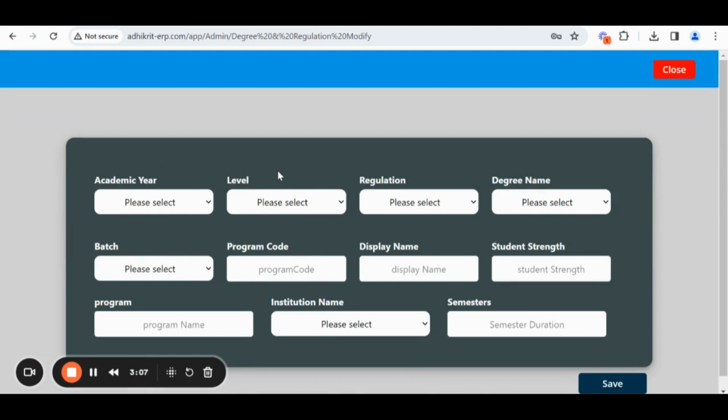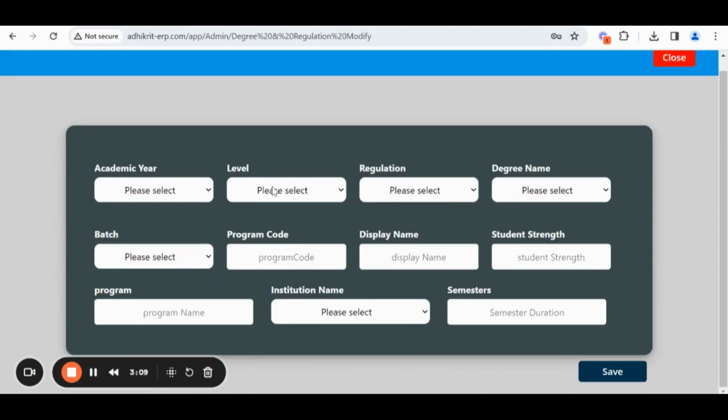If you want to add a new course or new degree that has been introduced in your institution, then give all the details of that degree and click on save. So in this way you are going to add a new course,